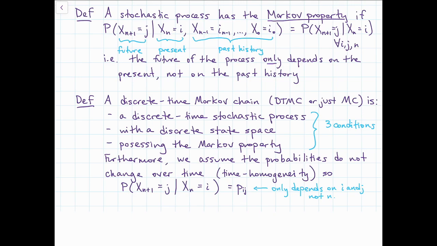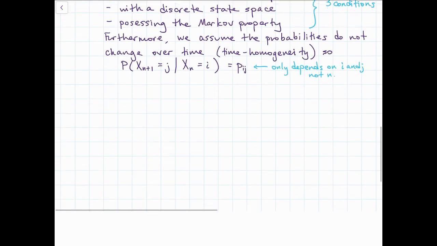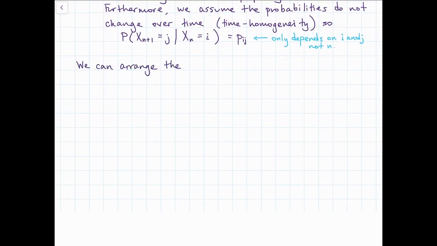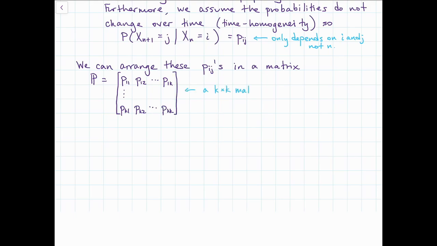So if we have all of these Pij's, we can take them and arrange them into a matrix. So we can take these probabilities of moving from state to state and put them into a matrix which we call capital P. So it'll just be P11, P12, etc. up to P1K, and the bottom line there is PK1, PK2, etc. to PKK. Now this is going to be a square matrix, K by K, where K is the size of the state space. So how many possible values X can take on. Now that could be finite or it could be infinite. So we might get an infinite matrix, but for now we'll start off with finite chains. But it is going to be square for sure, because we have to have all the places the chain can go from and all the places the chain can go to.